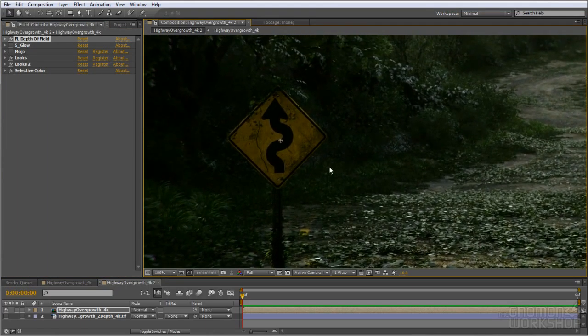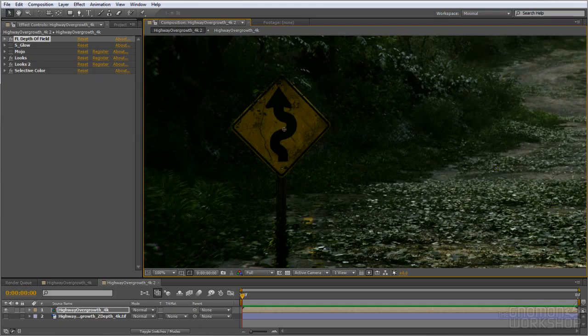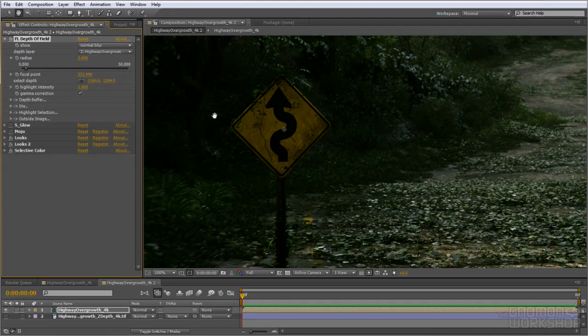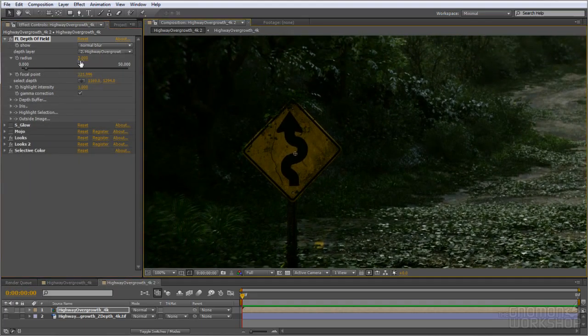with my depth of field, you can see I have it set very low at 2, and my focal point is this sign. So that's what's in focus. And the cool thing is you can go to select depth and click that little button and just click in the image where you want to be in focus, and it'll make that in focus. So that's cool. If I go to my radius, just like I mentioned before, if I put this to 30,